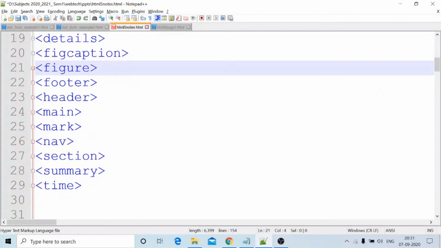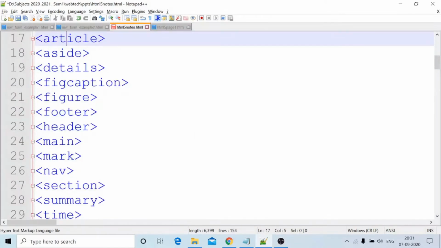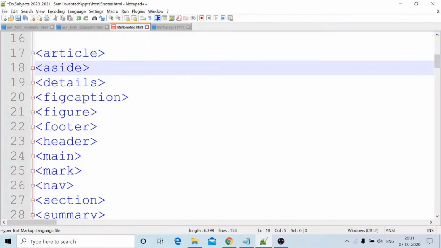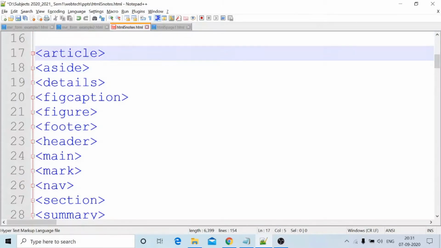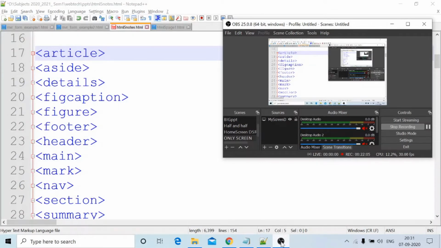Okay, we know these are the main semantic elements. Article: we know that a section contains a number of articles. The HTML body contains a number of section tags.